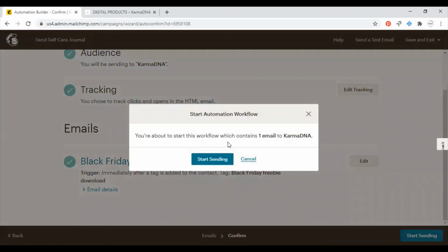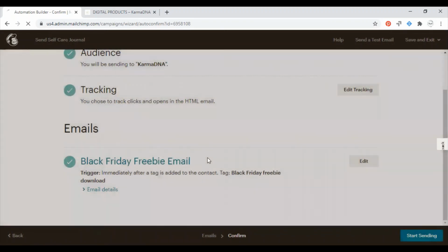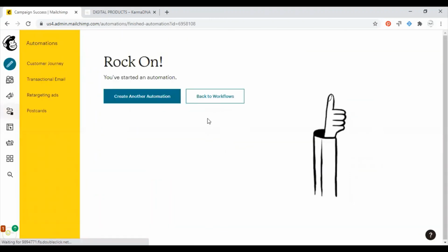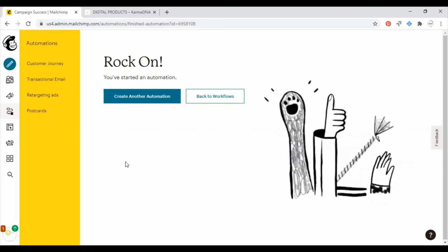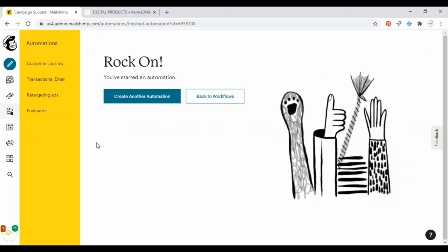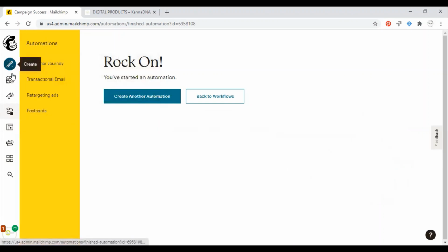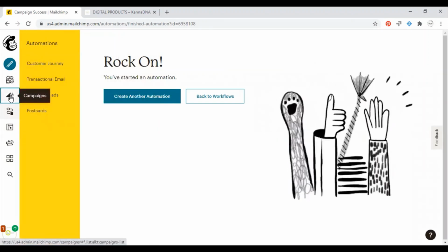You're about to start this workflow, which contains one email to KarmaDNA. I wonder who that person is, which is probably me. It's going to send me an email. Rock on, you've started an automation. So then you can test this with another email. Now, when you go back to your campaign,